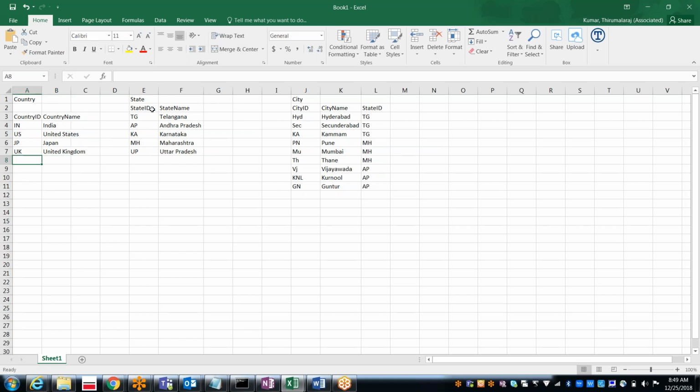In the states drop down, along with these two columns, you should have one more column: country ID.